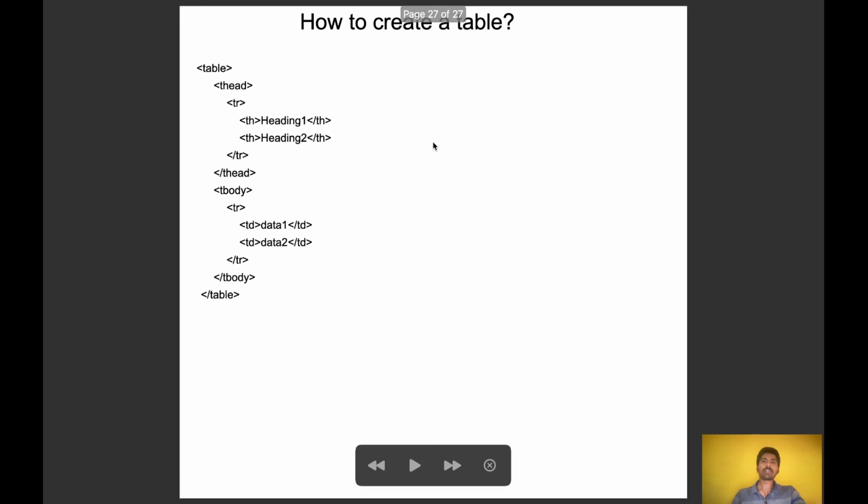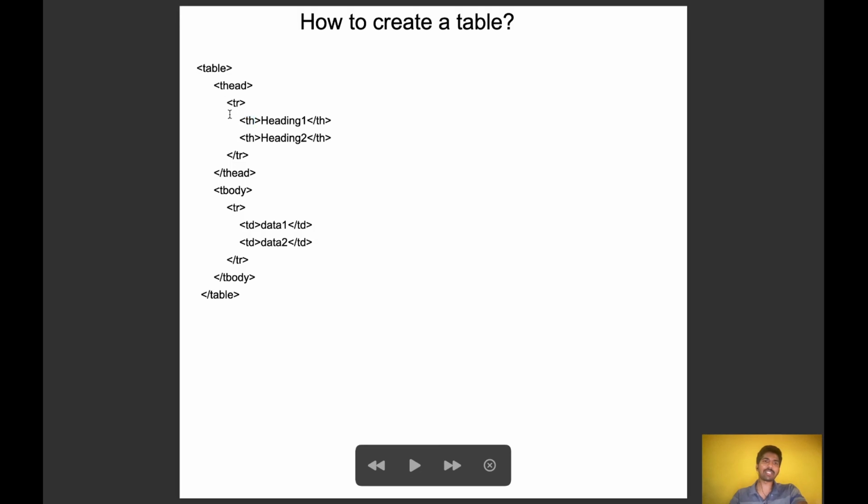Next, how to create a table. We will create it using the table element. Inside, two sections will be there, one is the head section, one is the body section. Using thead we will create the head section. Thead means table head. Inside the table head we will use the tr element. Tr means table row, th means table heading.